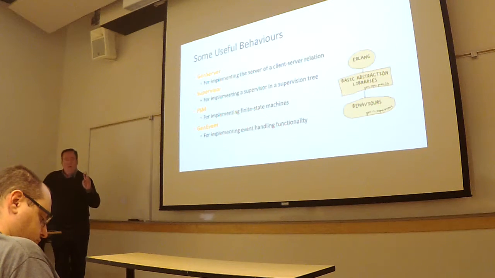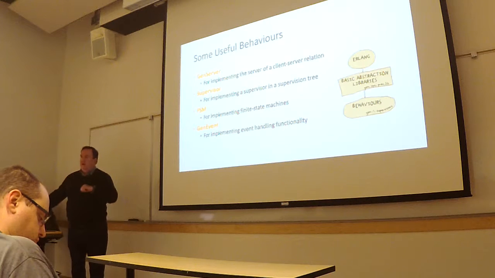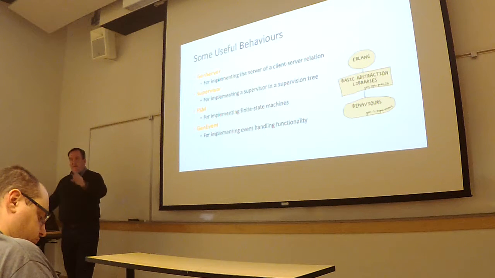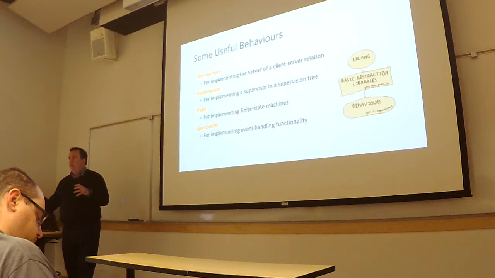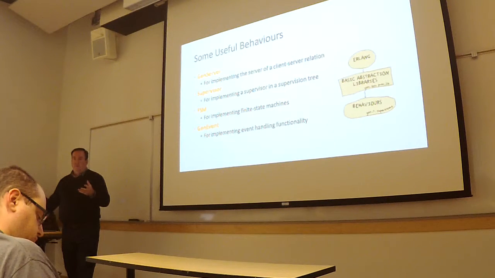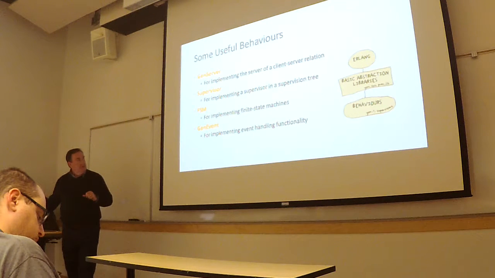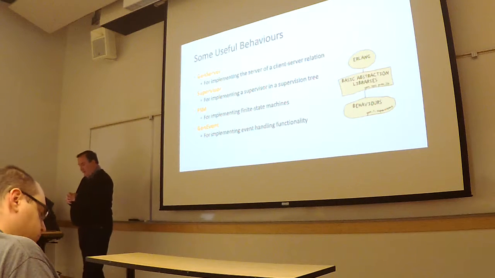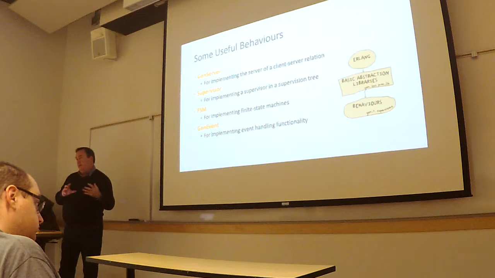Be aware there are others. One useful one is the finite state machine one. As it receives messages, you can actually have it keep track of current state. If you think about what you do with servers, often you'll send one message and it remembers, I'm now in this state, and when it gets another message, it will transition to another state based on the messages it gets. So why not just build that in? A lot of servers, if you actually look at their operation, are basically doing finite state machines. So we can build in that kind of stuff. And there's also one for just generic event handling as well. So these are all built-in libraries in Erlang or Elixir.